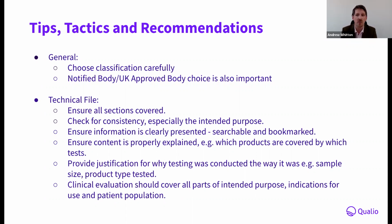Only bodies on the approved list should be used. That's the list of notified bodies published by the European Commission, or the list of approved bodies published by the UK MHRA. So with regards to the technical file preparation and review in particular, firstly, it's important to ensure